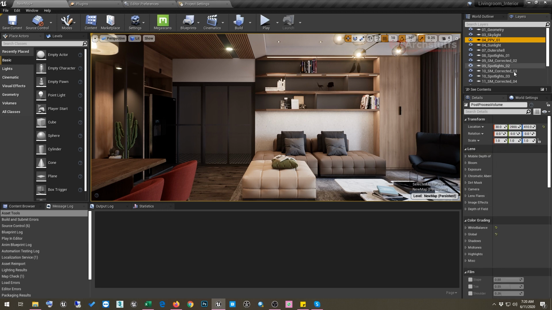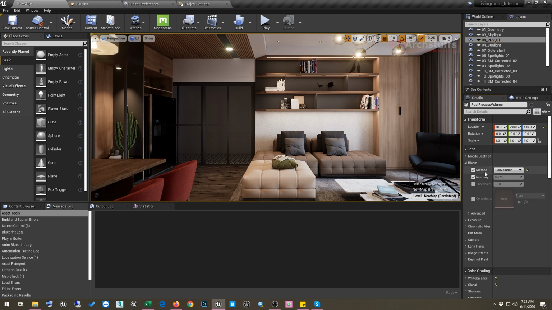After that, the first thing we'll do is make all the changes required for your scene. But since you have already taken a scene that was finished, you will already have all the post process volume tweaked and set appropriately for this scene. If I show you the settings, in Bloom I have set the method to convolution.